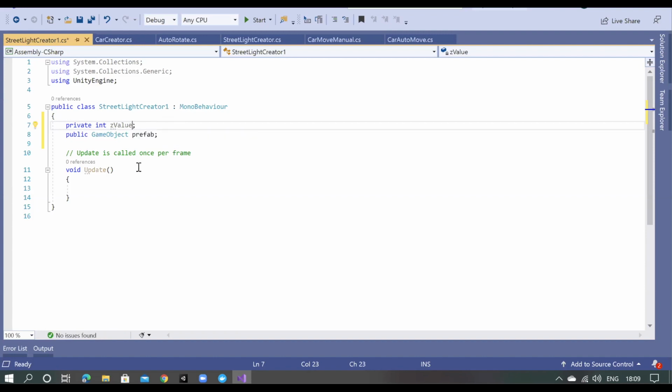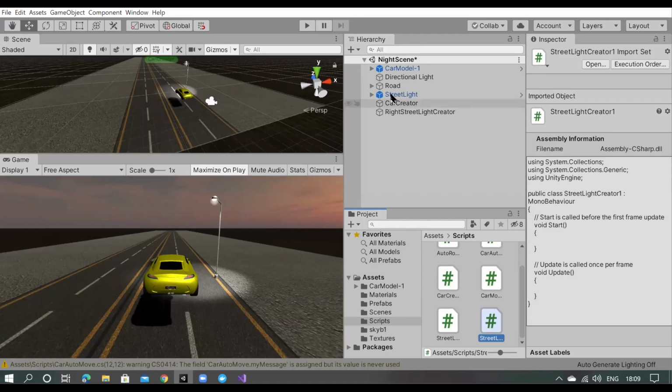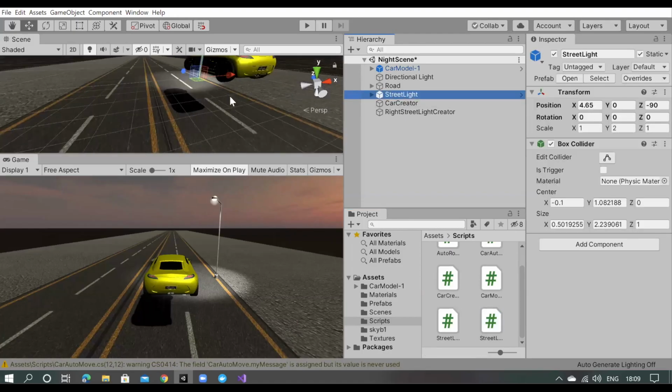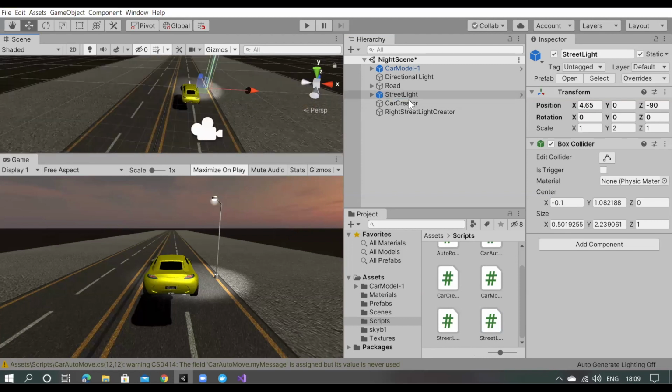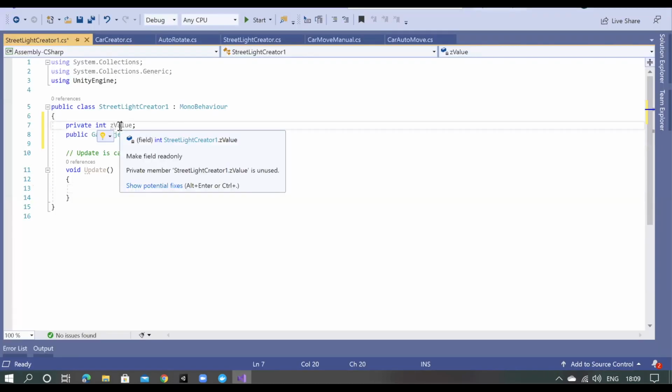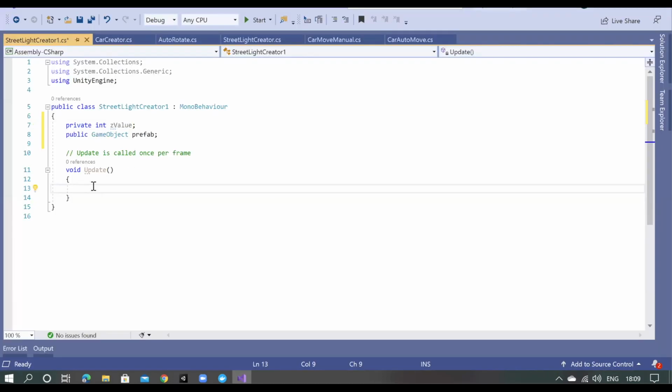What is Z value? It is the Z in the position. Like this is street light, and its position is 4, 0, and minus 90. So Z value is minus 90. We'll show you what I'm doing.